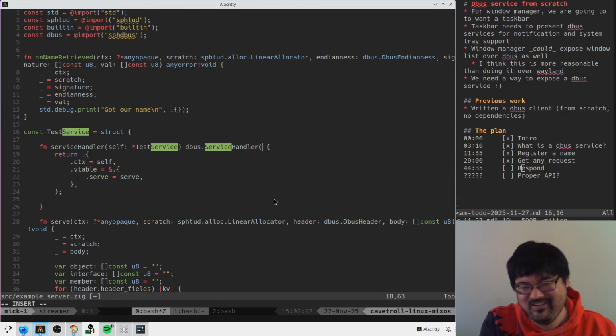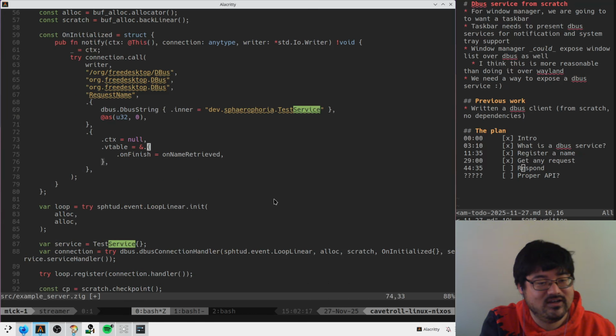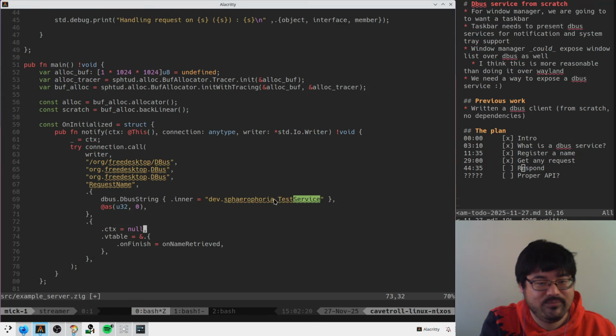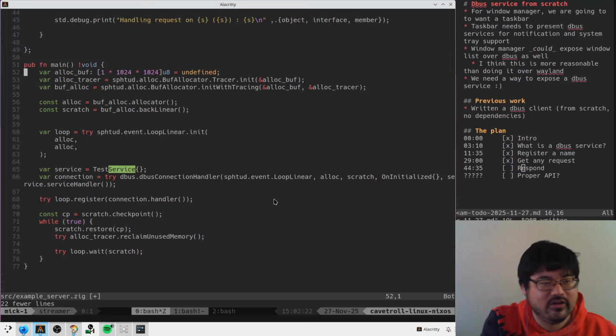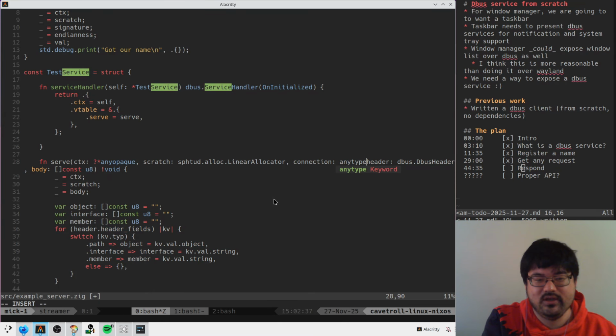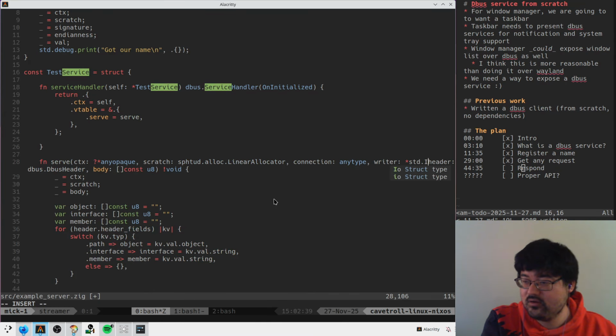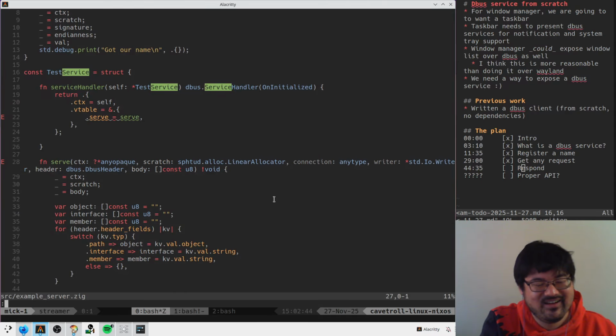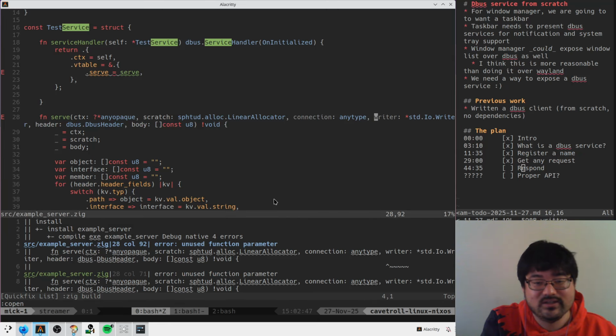What do we call that thing? On initialize needs to live here now. Ew. And then serve here needs to take in a connection. Can we do this? He doesn't like this because